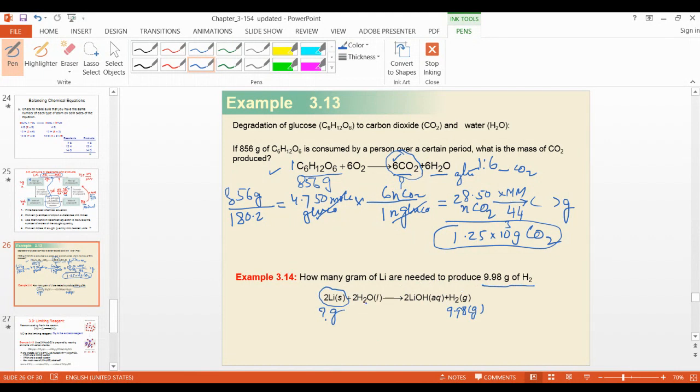Is this point clear now? Clear, doctor. All right. I will start from hydrogen. Whatever quantity is given, I will start from it. So now I will write here, same method: 9.98 gram changes to mole, divided by the molar mass of hydrogen. And hydrogen is H2, remember that. So the molar mass becomes double. You will get from the periodic table 2.016, because its molar mass is 1.008. If multiplied by 2, you will get 2.016.